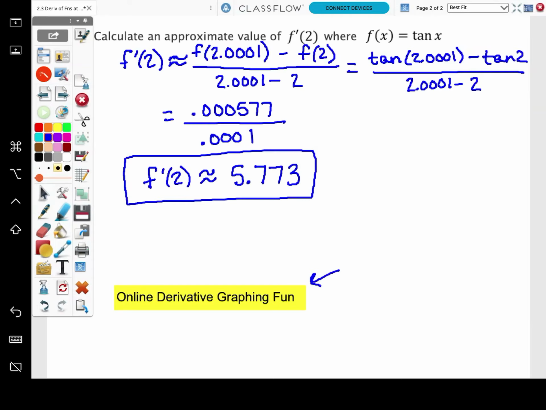Down here you see something that's online, derivative graphing fun. Totally fun things, but I want to talk to you about those when you're in class instead. So I'm not going to use video time for that. Just approximating our derivatives when we can't do it the other way is this video. So look forward to online